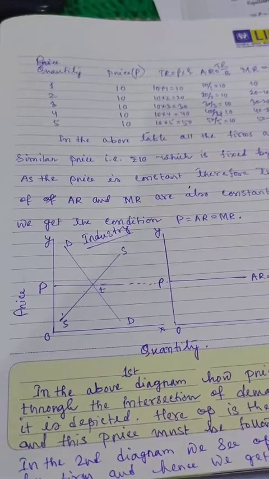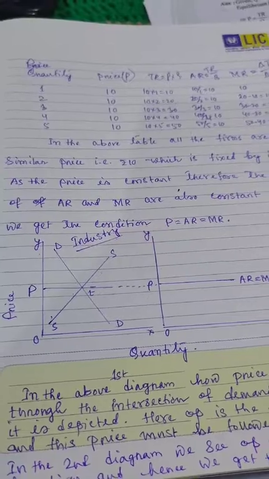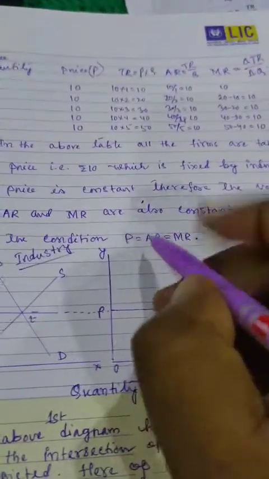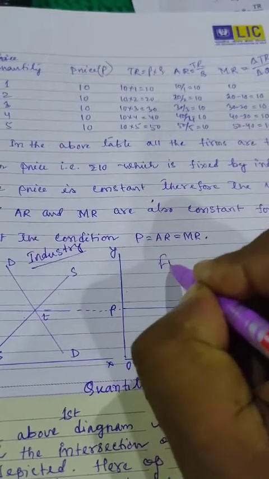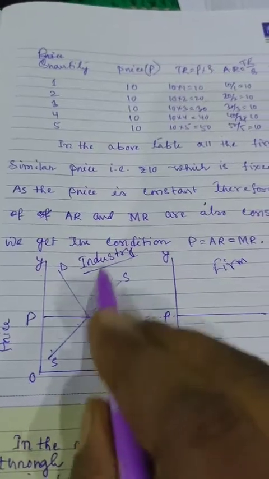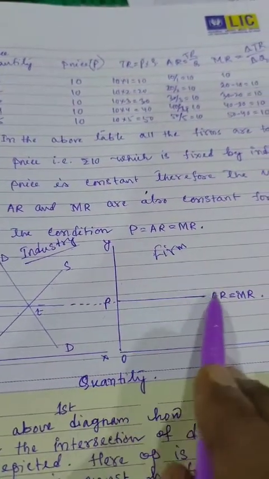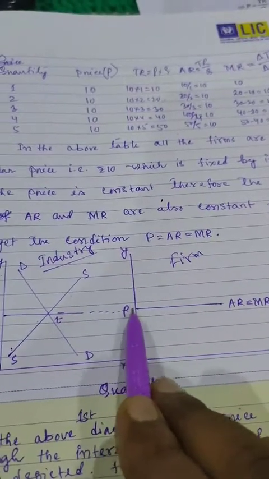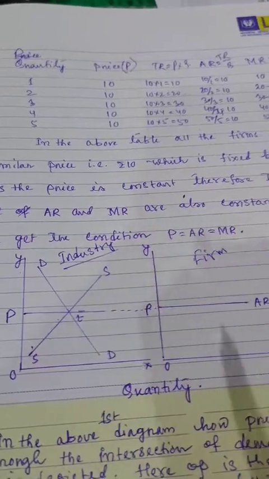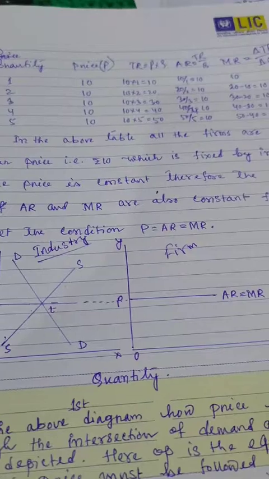Now this is the price, and it is fixed in the industry through the intersection of the demand and supply curves, and this price will be followed by the firm. So this is the situation of the firm. It is the OP price, fixed in the industry, and suppose this is firm A, following this price of the commodity. So it cannot influence the price. I have already told you the price of the commodity cannot be influenced by the individual firm. What price is fixed by the industry will be taken by the firm.